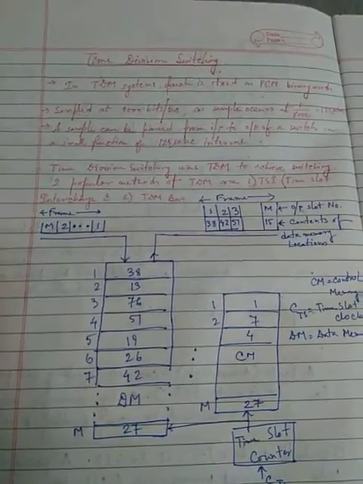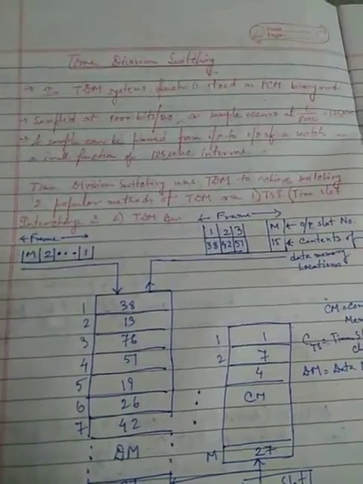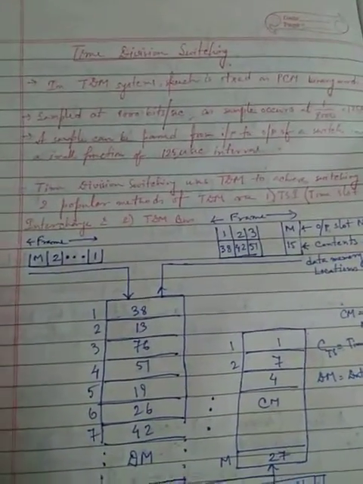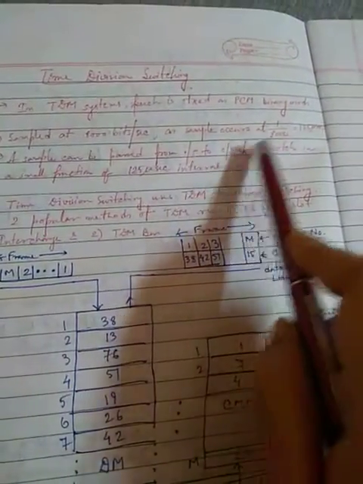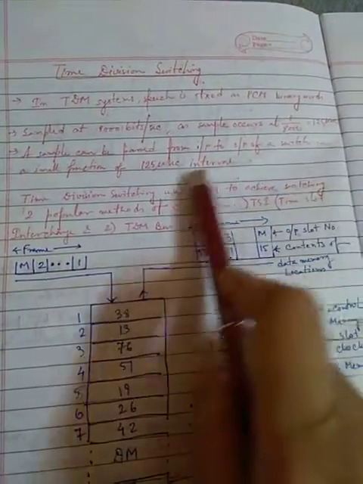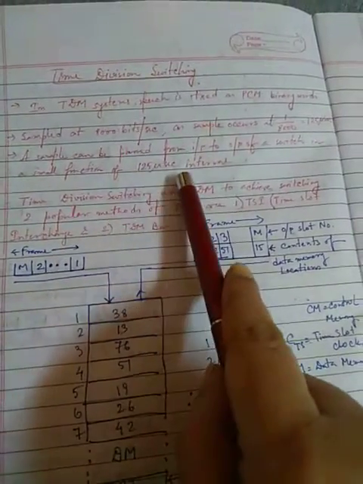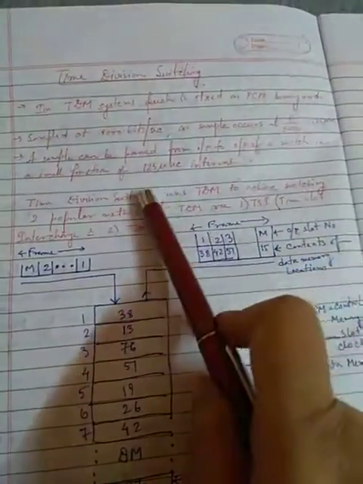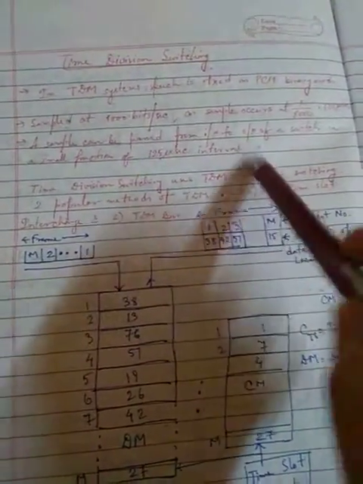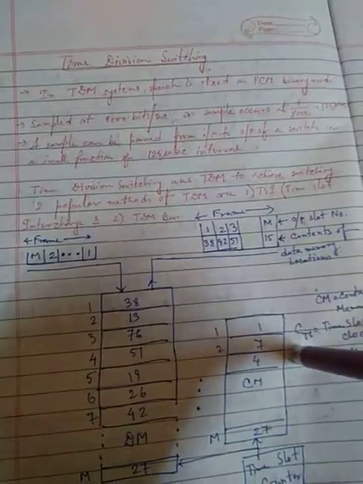pairs for a few microseconds. That means we know that our speech signal is sampled at 8000 samples per second, and that sample interval is 125 microseconds. So we can see that a sample can be passed from input to output through a switch in a small fraction of 125 microseconds. And time division switching uses two techniques, that is the time slot interchange technique and the TDM bus technique. The time slot interchange technique will be the main objective of this lecture.